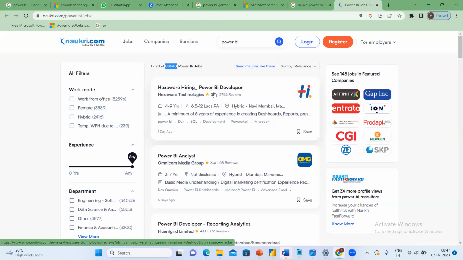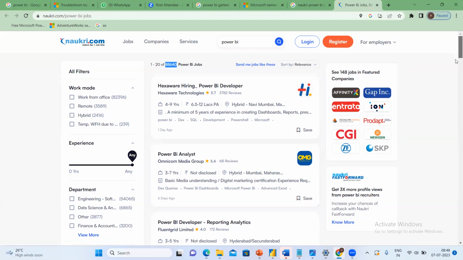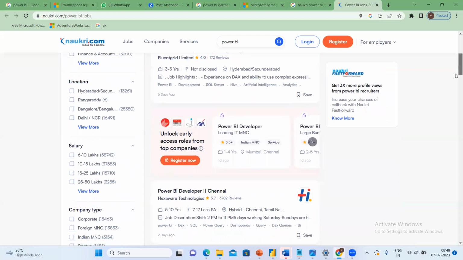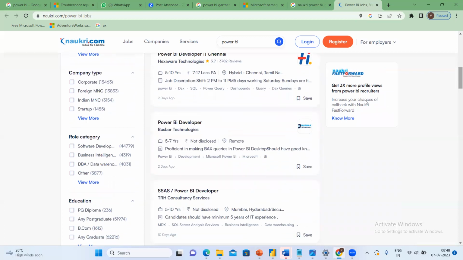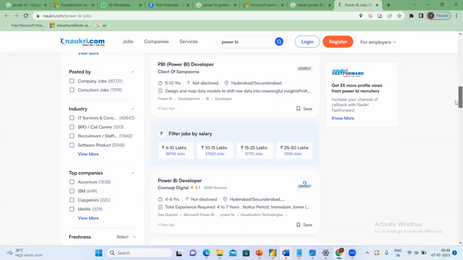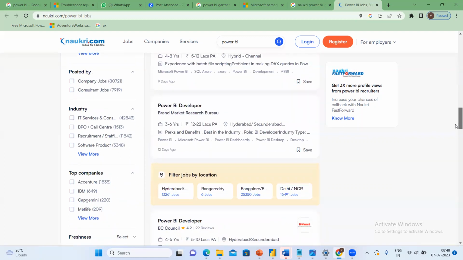Exaware is there. You can see it was opened 1 day before. This is an MNC company. You know Exaware, a biggest company. One day before there were openings for Power BI with a minimum requirement of 2 to 3 years. This is some media company. They have given 3 to 7 years, and almost all companies like Exaware, foreign companies, startup companies, every company requires Power BI because it gives them less cost.